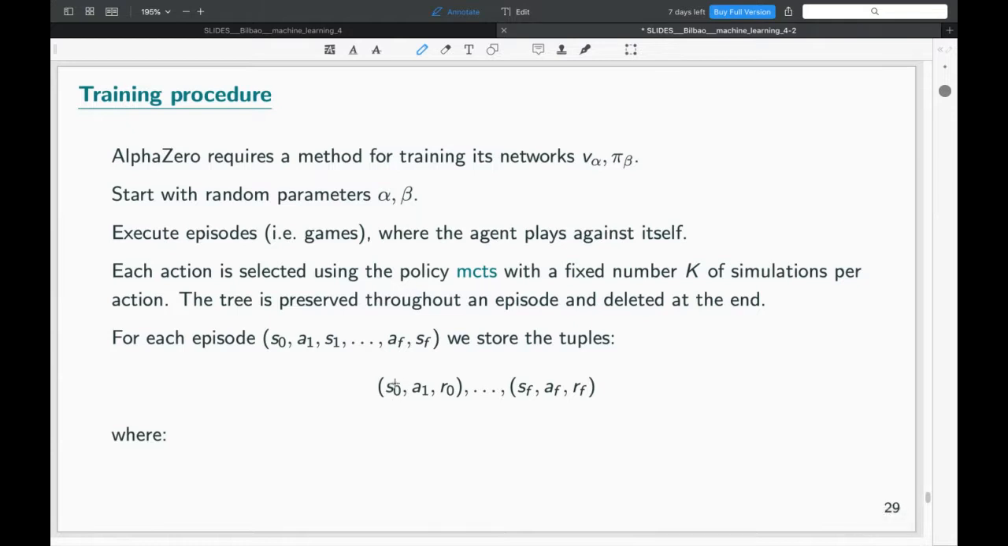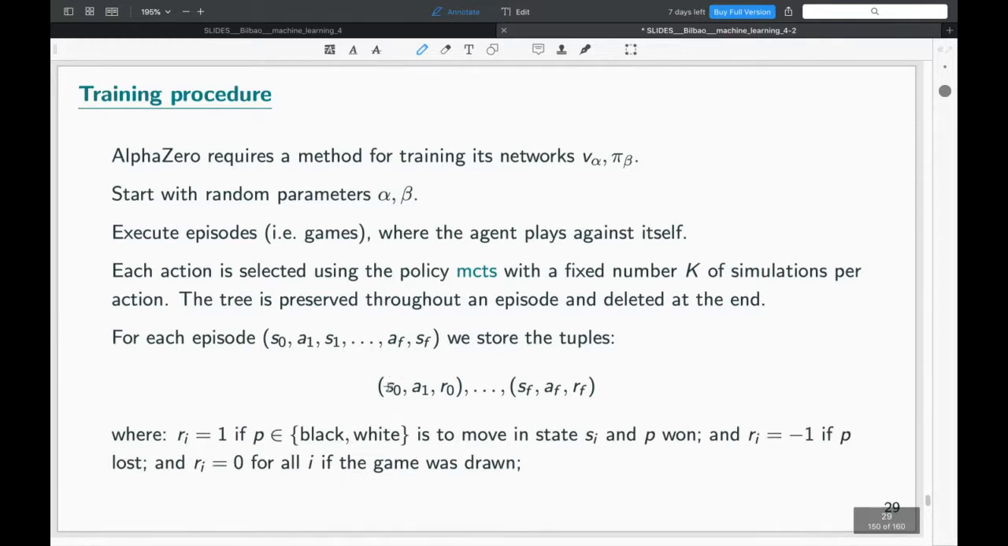We store the tuple S0, A1, so initial position, first action, and R0. I will define the R's now. So it's state, action, reward, and the reward should be 0. No, it's 1. So the reward Ri is 1 if